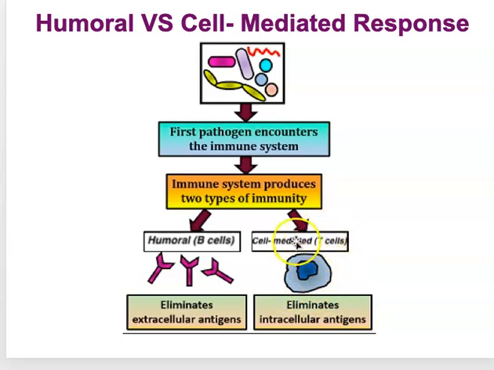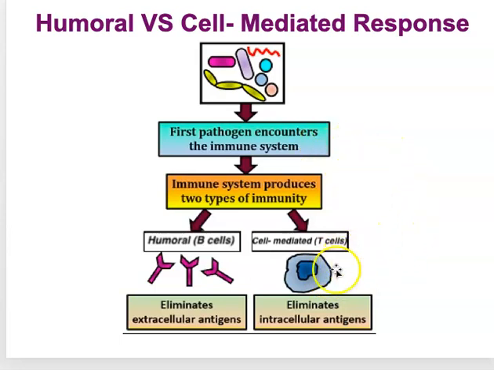So what the T cells actually do is identify your own body cells that are infected by viruses or bacteria, and cause those infected cells to die off. Usually the bacteria or the viruses that enter the cell use the cell to reproduce. So you want to kill that cell so that it doesn't let that bacteria or virus reproduce